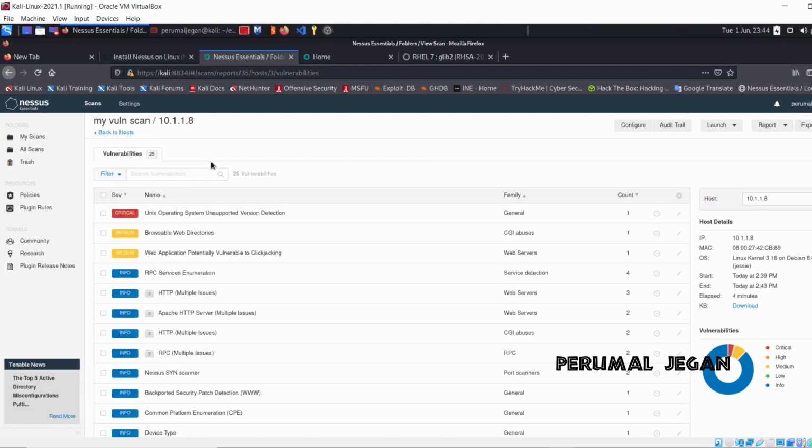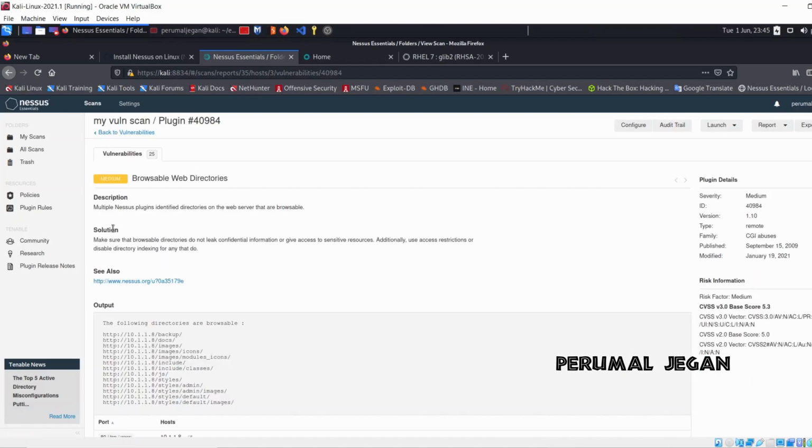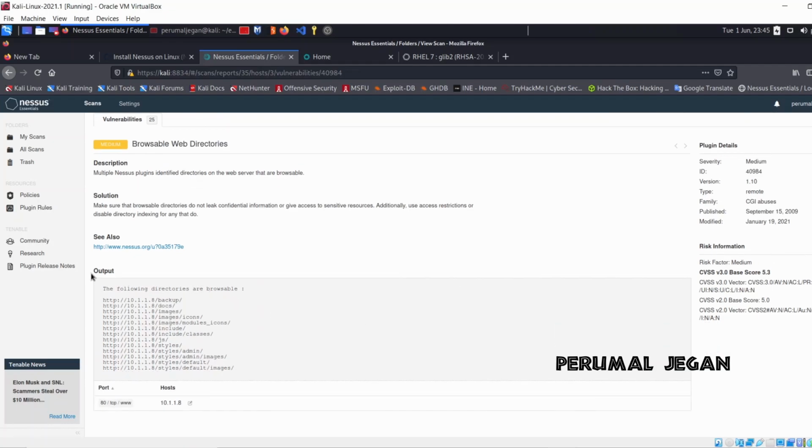And we can also view a couple of medium vulnerabilities. Multiple Nessus plugin identified directories on web server that are browsable. It categorized a vulnerability where we will be able to browse its directories. We can also view its secret directories. So also see the results here.